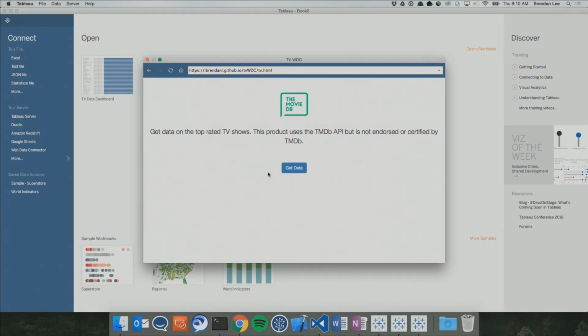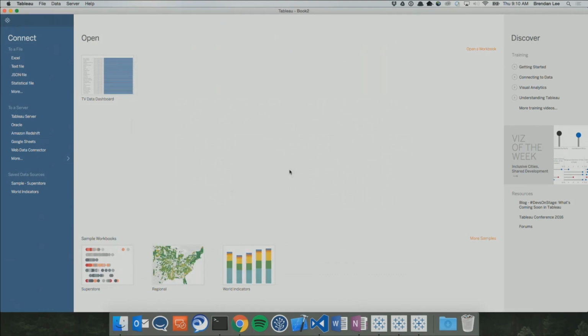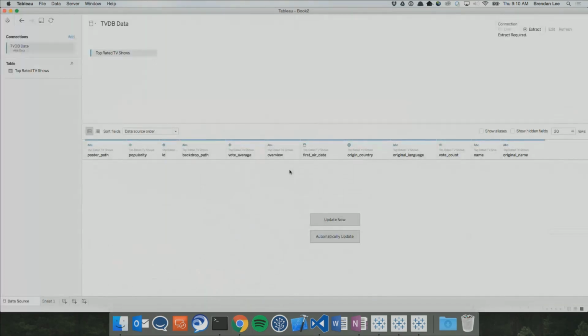Now, what's really cool about the Web Data Connector is you can actually decide, in a huge amount of data, which data pieces you want to bring across, right? Databases have a lot of stuff that maybe is not relevant to what you want. And so I only wanted a couple of things. And then you could create these cool splash screens to go do something. And this is the most difficult part of the whole journey. Obviously, Brendan had the worst. Sorry, Brendan. But all I had to do was just say get data. And it actually connected to that web service and pulled down for me things like popularity and names and years.